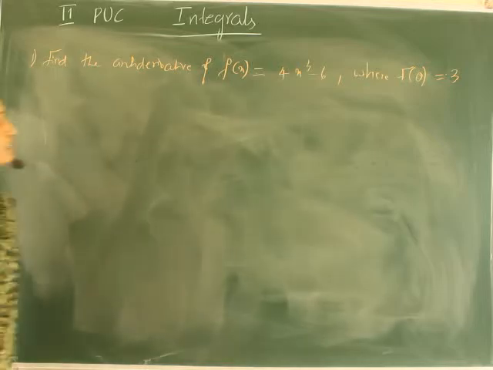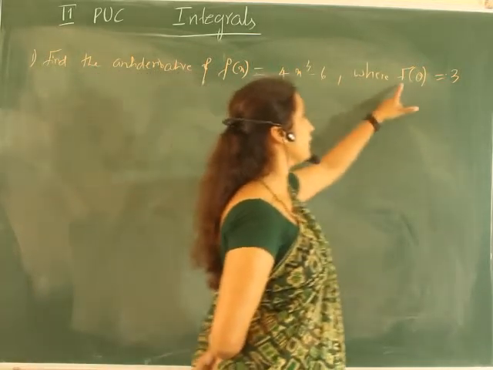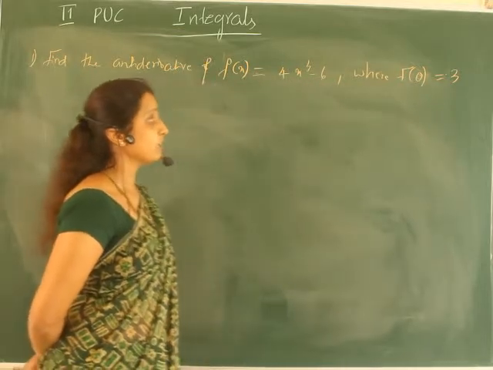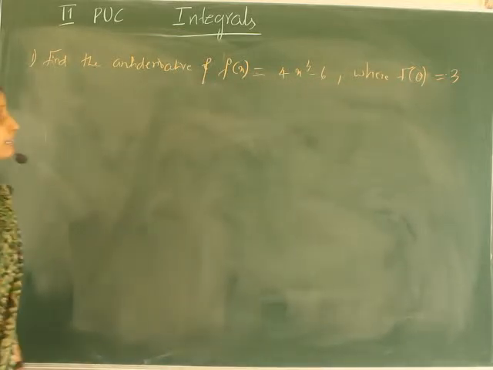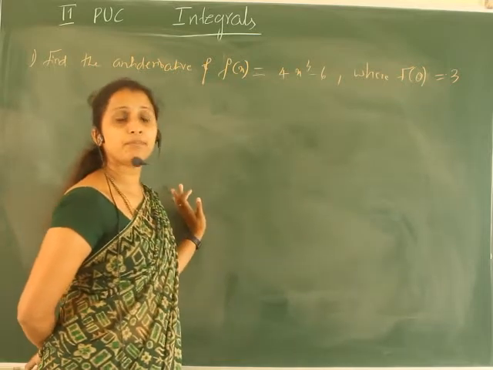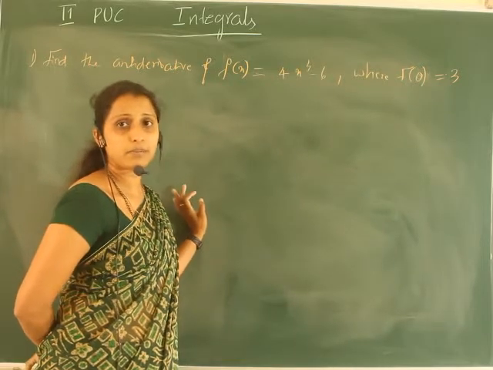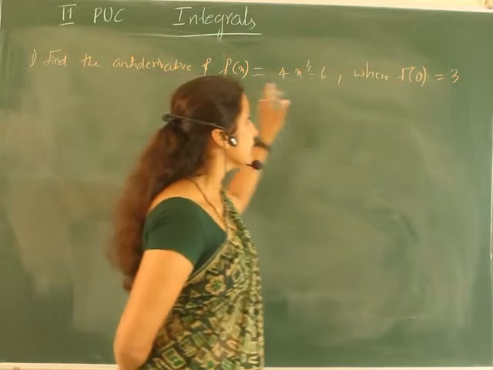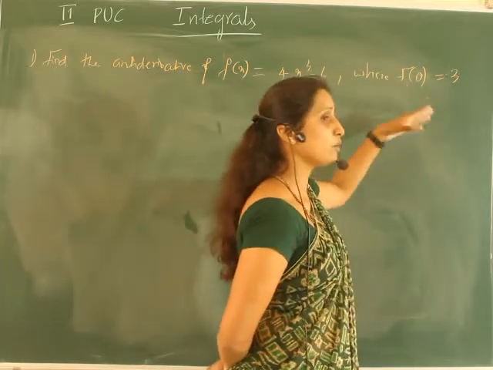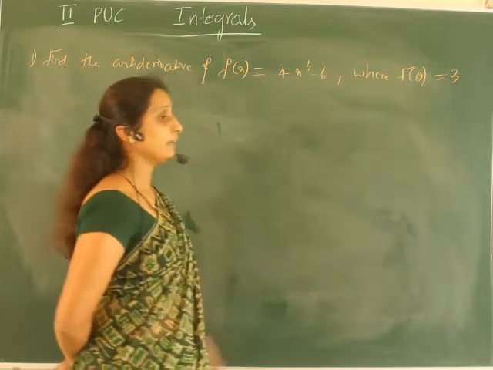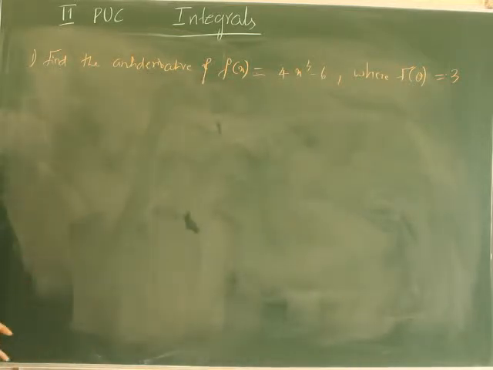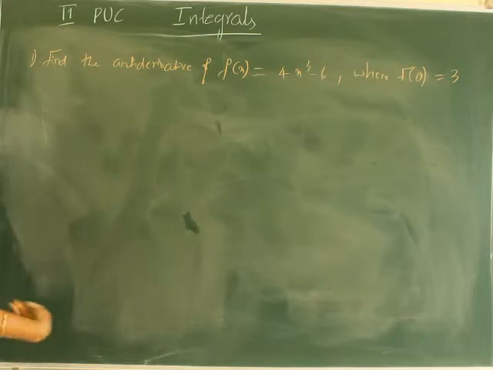So why is it given? For the function f, we call capital F the antiderivative or the integral value. Therefore first find the integral value, and in integration we always add a constant, plus c. Then using this we have to find the value of c. When the antiderivative or the integral value at some point is given, it has only one solution. That means we can calculate the value of the given function. So now f of x is 4x cube minus 6.